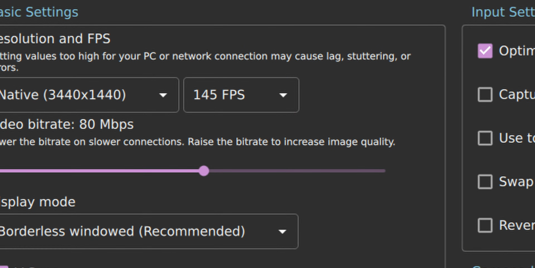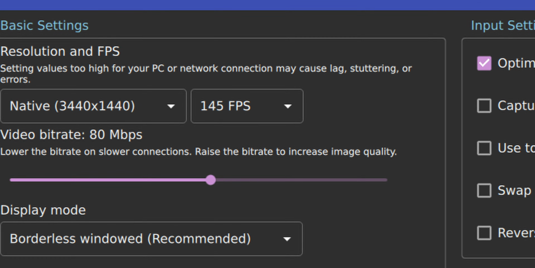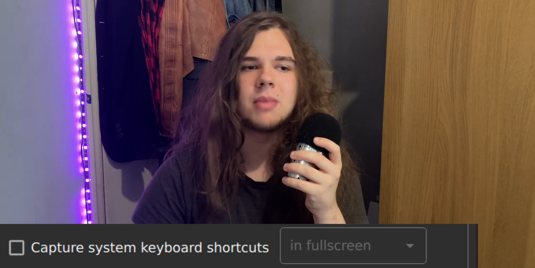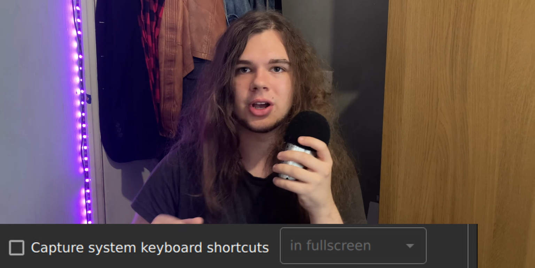On the Moonlight side, when connecting to Sunshine, I would recommend that you change your resolution, because I think for me by default it was only on 720p, and up your bitrate to as high as your network permits. It will give you warnings in the bottom right corner if you've set a higher bitrate than your network can handle, so you should never be having issues about bitrate and you're just unaware. You can also set in Moonlight whether you want it to capture system shortcuts. So like, I couldn't open my app menu with my Hyprland shortcut on the other computer unless I enabled that.